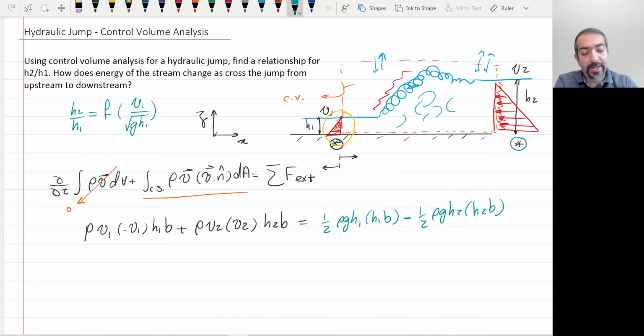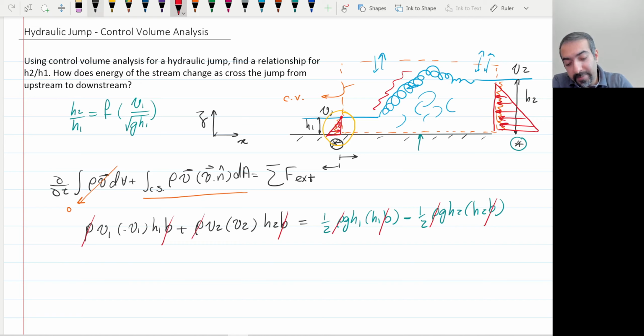There's no more force. We neglected the viscosity on the bottom surface here because we just said it's a small domain and there's no force from anything else in our system in the x direction, and this is the momentum balance in the x direction. All right, as you can see, there's rho everywhere, so let's get rid of rho, and there's b everywhere, so let's get rid of b,